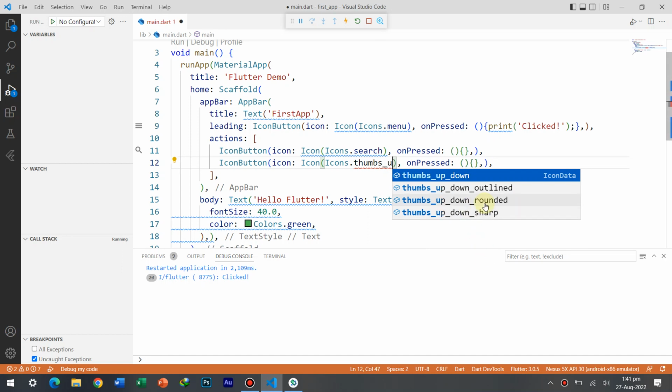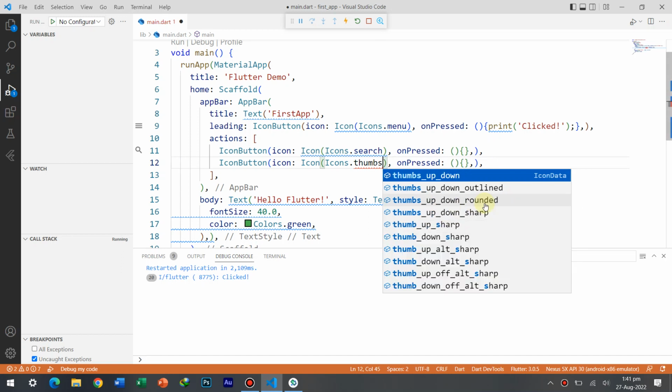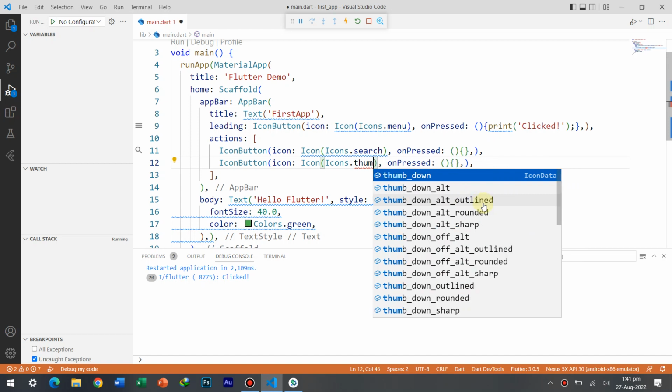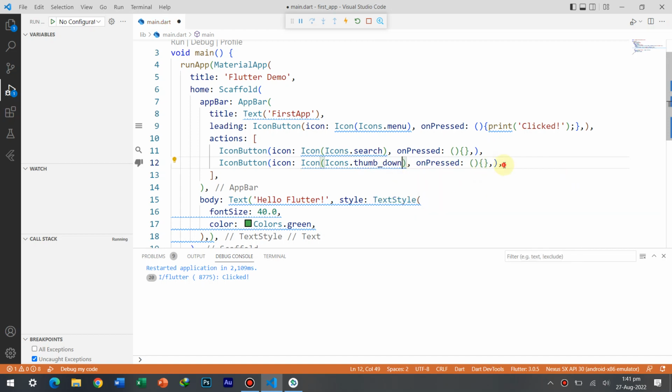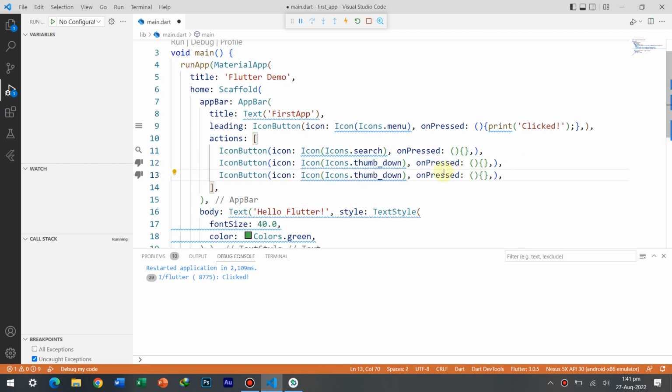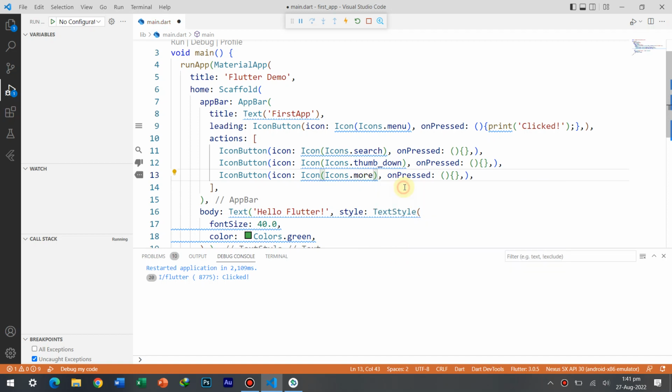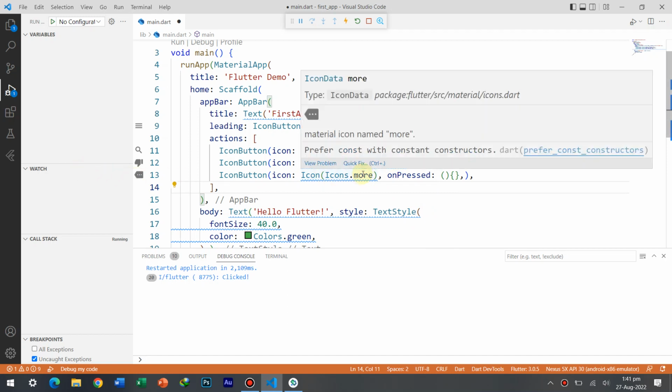Okay, thumbs up. Maybe we may have another, let's say thumbs down. There's another icon there. We may provide, let's say, one more icon called more. So if you have seen that if a certain menu is being